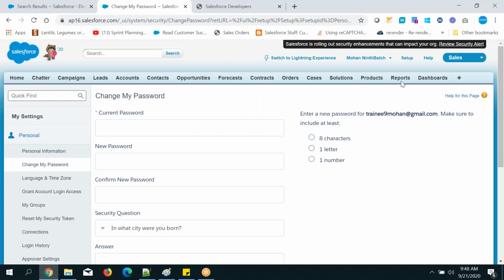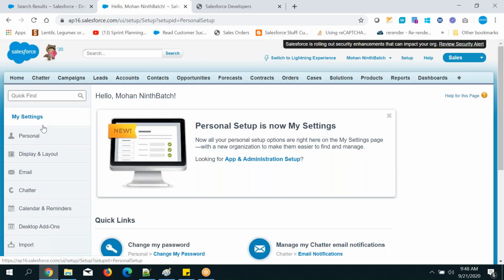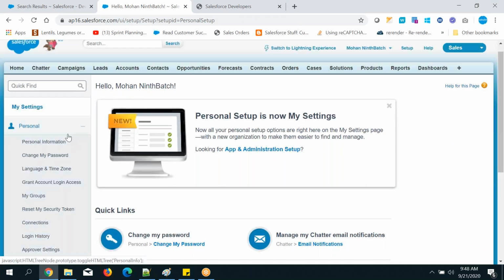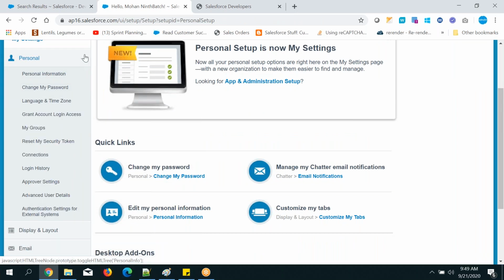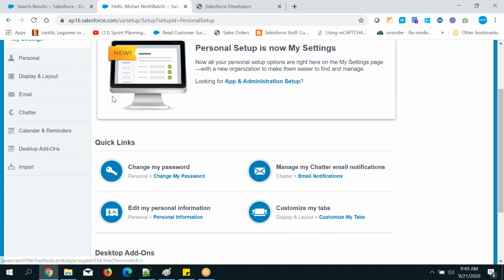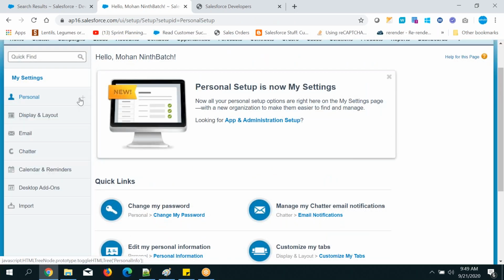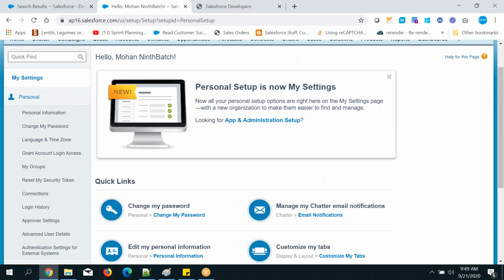Okay, nice, right? Let's go again here, my settings, and here go to personal, and you can see a lot of things are there in the personal. Expand it and minimize it. You can see plus symbol is nothing but expand, and minus symbol means collapse, like that. Okay, next, personal information, click on it,